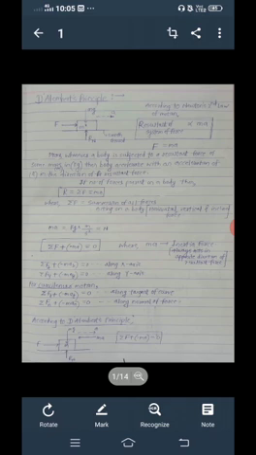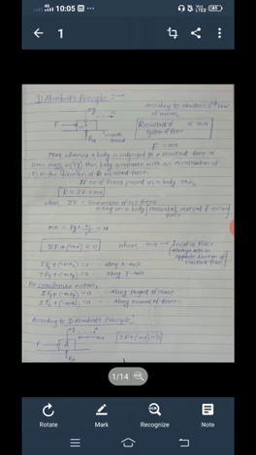Today we will start our next remaining part of kinetics of particle. So before starting the next part, let us quickly revise the previous discussion. In our previous discussion, we discussed